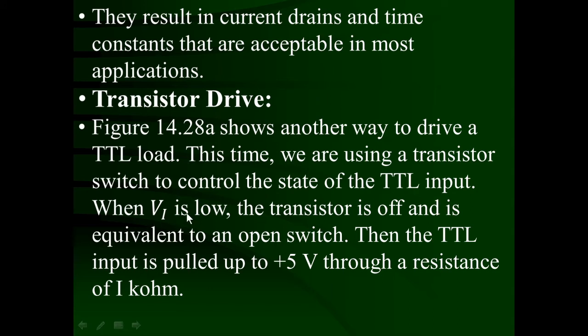When the input voltage of the transistor is low, the base emitter junction of the transistor is reverse biased and the transistor is cut off. So the output voltage VC is approximately equal to VCC, that is 5 volt. If it is connected with the load resistance of 1K and VCC is 5 volt, then the input to the TTL is going to be 5 volt. It's good in the high state because it is well above 2 volt, and hence the noise immunity is excellent. Moreover, this 40 microampere maximum current can pass through the power supply.